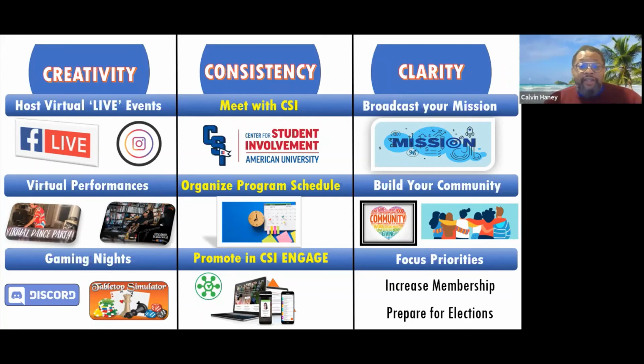creativity, consistency, and clarity. You might focus on virtual live events, organizing a programming schedule, and focusing on your priorities. Or looking to build some clarity with how you build your community, meet with CSI, and host virtual performances. We're just asking you to choose 3 that can help improve the quality of your experience for your student organization